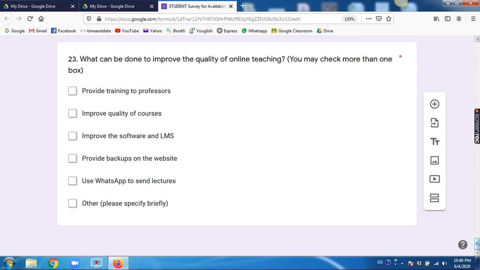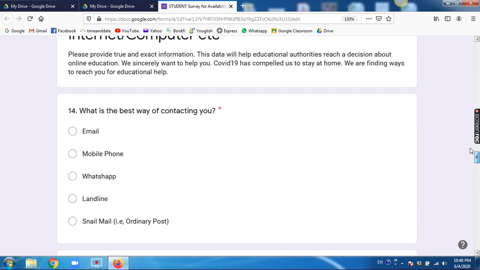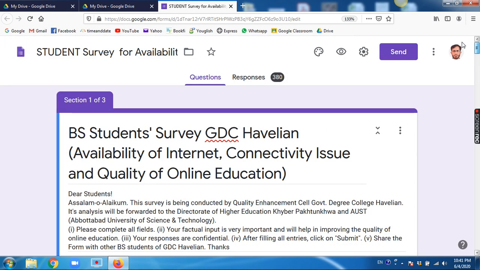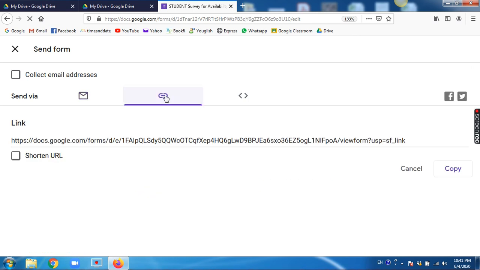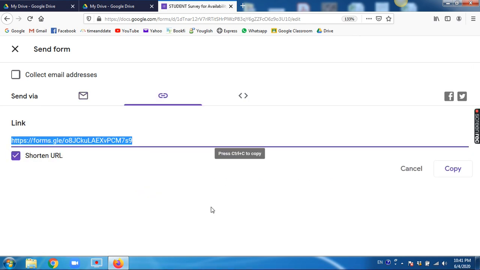Now, after creating this form, we shared it with students through these resources, like email, link, blog, Facebook, etc. This was the easiest way: a shortened URL, this one.